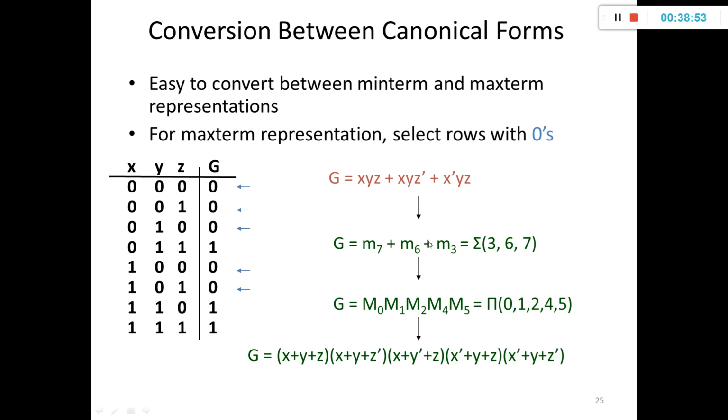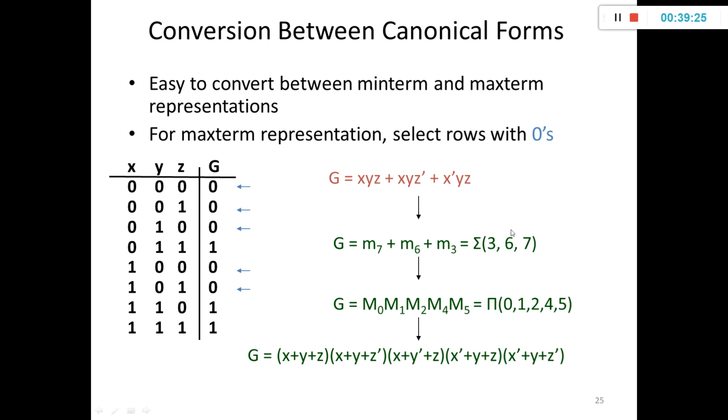For minterms usually we use a small letter m, and for maxterms a capital letter M. Whether 0 is present here? No, so it is present in the maxterm. Whether 1 is present? No, so it is present in the maxterm. Whether 2 is present? No, so it is present in the maxterm. M3 is already in SOP. M4 is not there, so I have written it here. M5 is not there, whereas M6 and M7 are already in the SOP. So we write it as pi of 0, 1, 2, 4, 5.